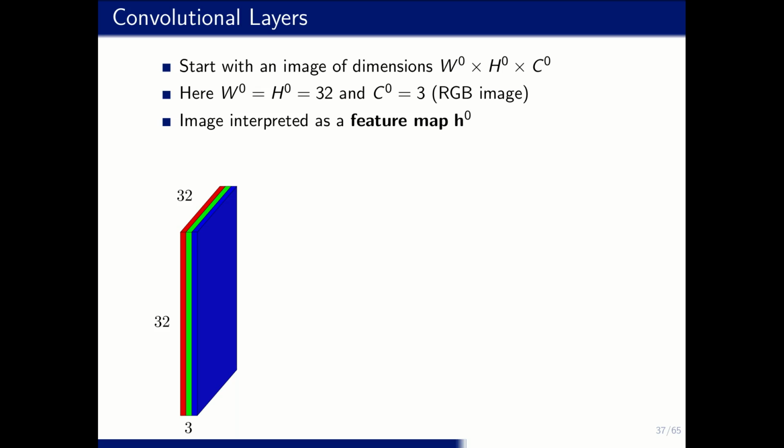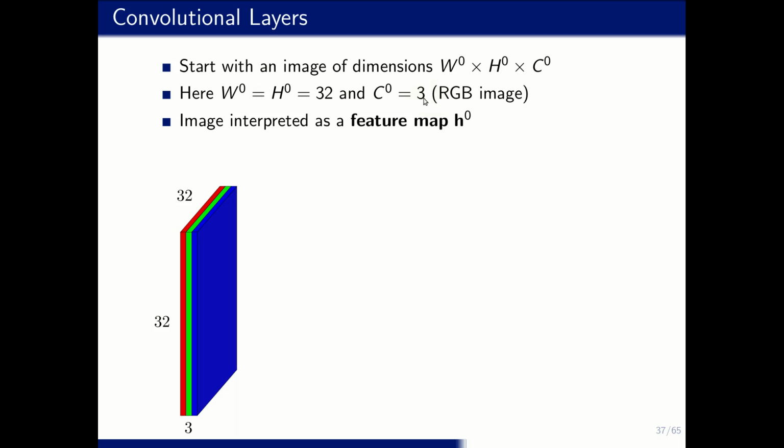Here we have an image of 32 times 32 pixels, and it's an RGB image. So we have three channels: a red, a green, and a blue channel. And so we're starting off with this image of dimension W0, H0, and Z0. Here W0 and H0, the width and the height, are 32 times 32 pixels, and we are using three